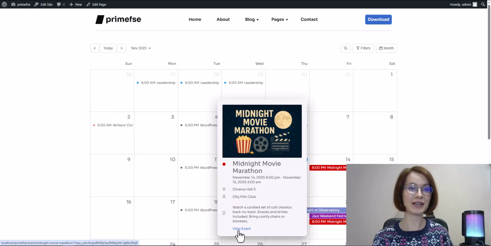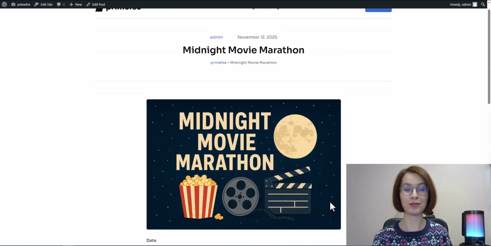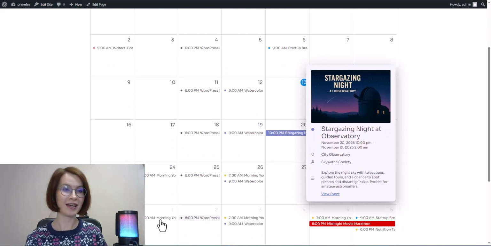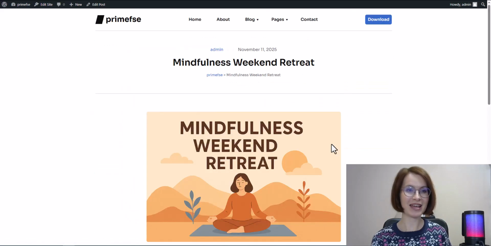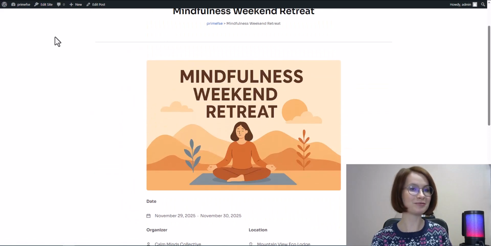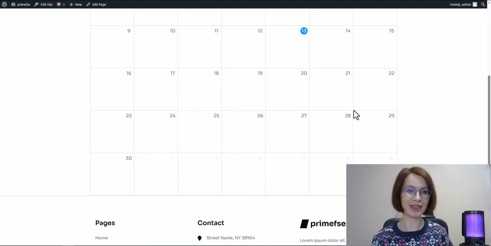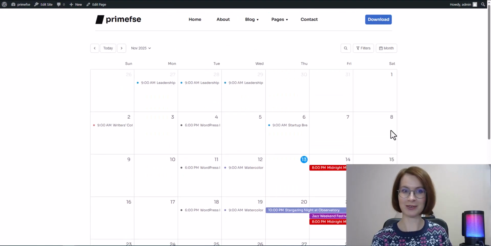Now let's take a look at how everything appears on the front end. It looks great and feels much more complete with these updates. Looks amazing, doesn't it? And while we're on the front end, let's take a look at the improvements to the